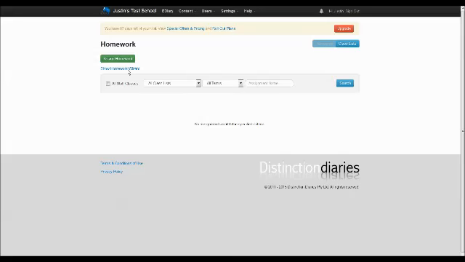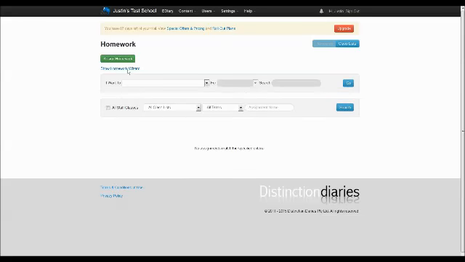Before I do that, there is a show homework wizard which allows you to take some shortcuts to some of the steps that we're going to go through. As you get more familiar with it you'll be able to use that. I won't do that in this tutorial. I'm going to stick with the assign homework button. So I'm going to go ahead and click on that now,